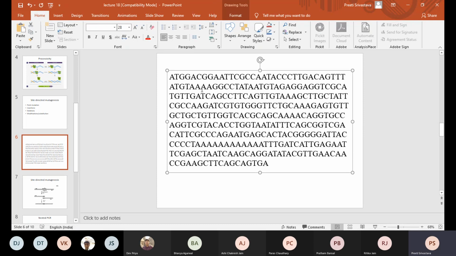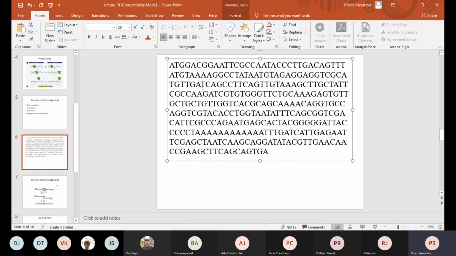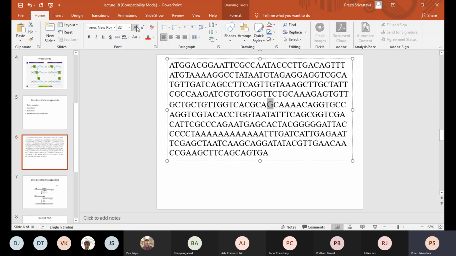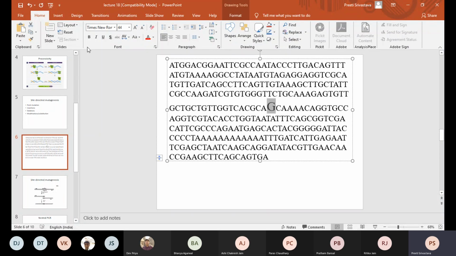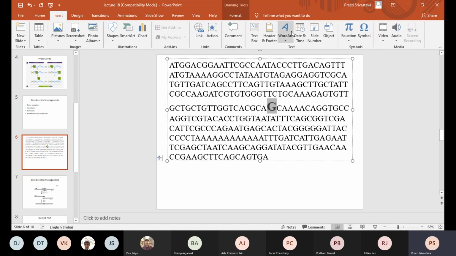This is required for performing site-directed mutagenesis, and let us say we would like to replace this G with maybe T.